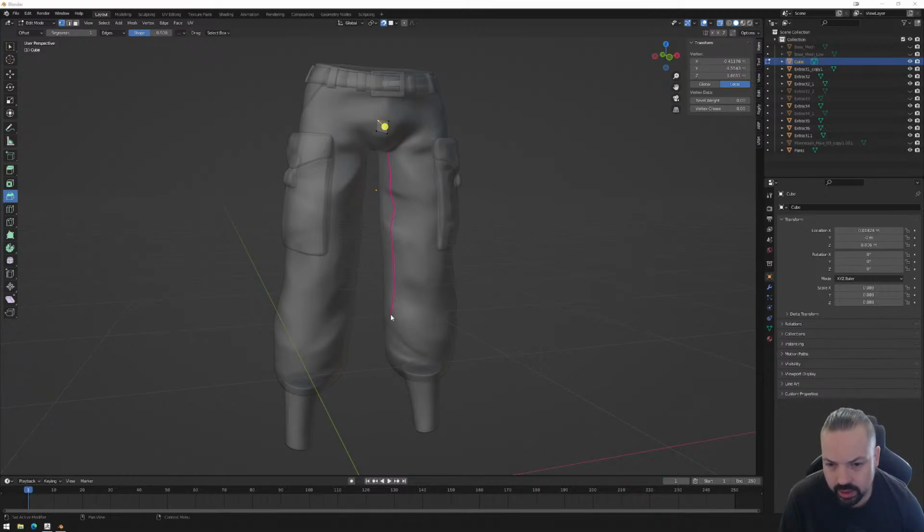I'm just doing a quick silhouette based line here. So you want to have these seams hidden, so on the inside of the leg is good,